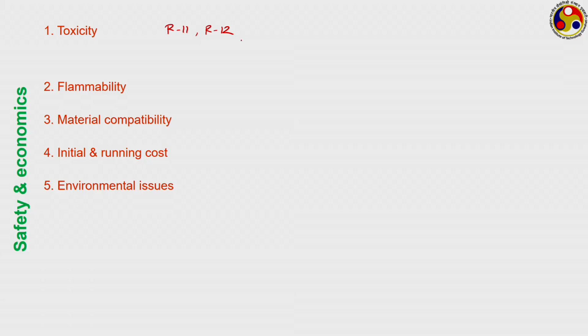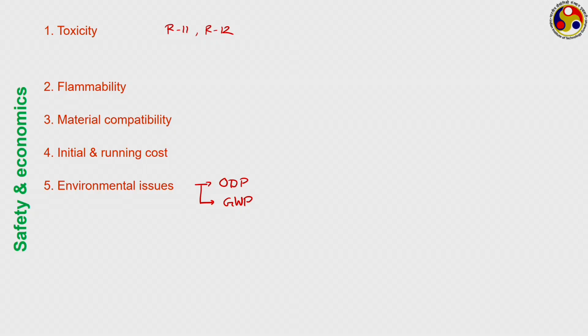In terms of environmental issues, we talk about two parameters. One is ODP, ozone depletion potential, other is GWP, global warming potential. Both are highly talked about terms nowadays. Here the global warming potential talks about the effect the refrigerant may have on the environment in increasing the temperature level of the environment. I am not going to the technical detail of how the GWP is calculated, but one